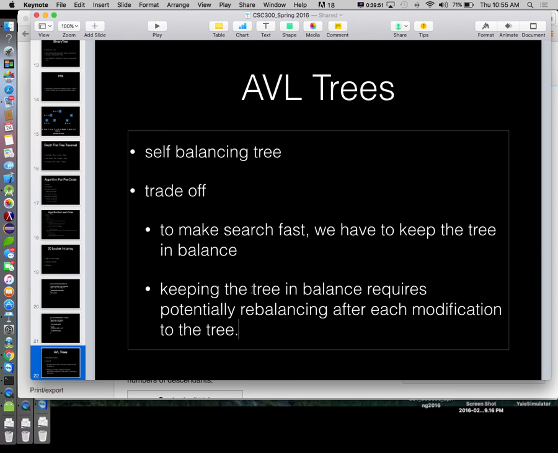Yeah. So keeping a tree in balance is expensive. We possibly need to change it every single time we add something, so we do need to keep this in mind. If we have a collection of data that we need to search often, it would be in our best interest to search it in the fastest possible way. Therefore, keeping that tree in balance would be important. Having said that,